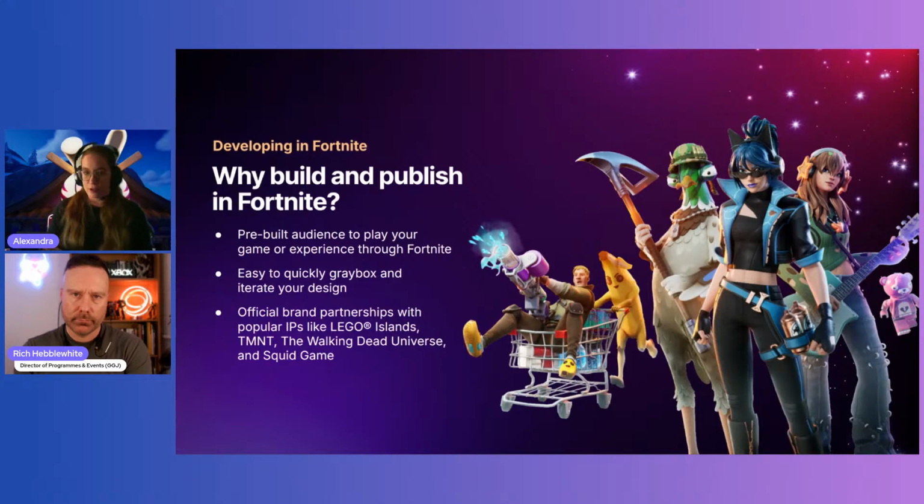And then we also have a lot of really cool official brand partnerships like Lego. If you haven't been in Fortnite recently, a lot of the Lego content is huge. There's a ton of official Lego content in there, so you should definitely check it out. But we also have partnerships with Paramount, Teenage Mutant Ninja Turtles, The Walking Dead universe, Squid Game, and then most